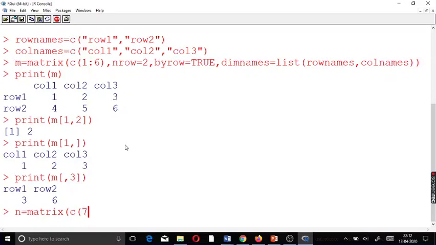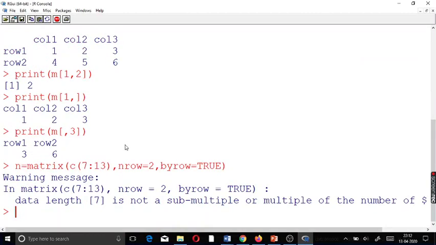Now suppose I say 7:13, so I say nrow is equal to 2 and byrow equal to TRUE. I'm not giving the dimension here. Okay, fine. So it is giving you a warning message. What is this warning? It is saying the data length here is 7. Let us count 7, 8, 9, 10, 11, 12, 13. Yes, so it is 7.